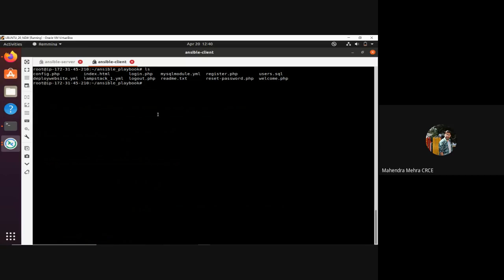In the local repository, ls. So these are all files under which we have our website files, and it will also have our MySQL SQL file and different YAML files. YAML files are basically our playbooks. Right, so I'll show you each of them one by one. So first thing that I want to do is run the LAMP stack YAML file, so that Apache and MySQL and everything gets installed. Right, so if I show you the LAMP stack YAML file,